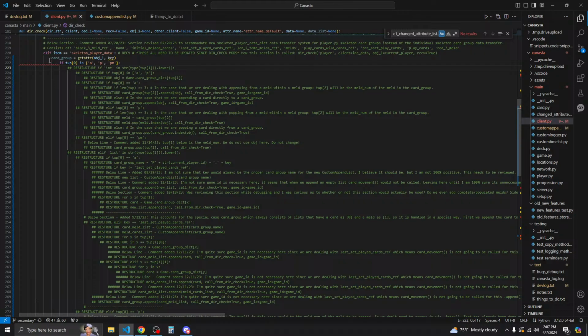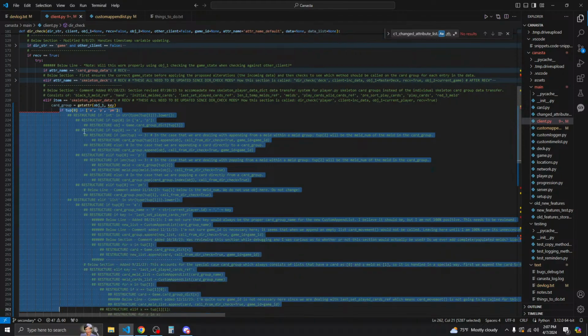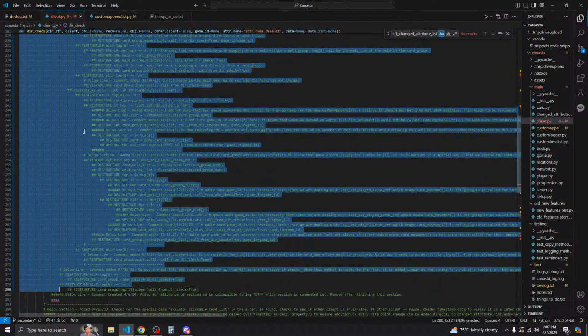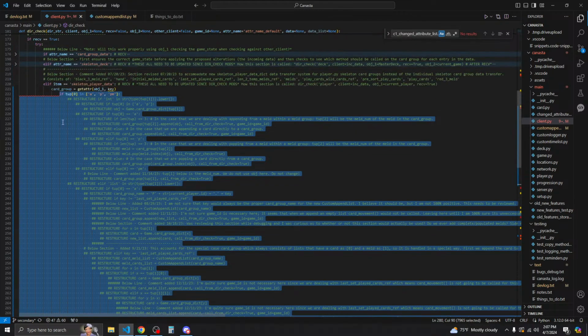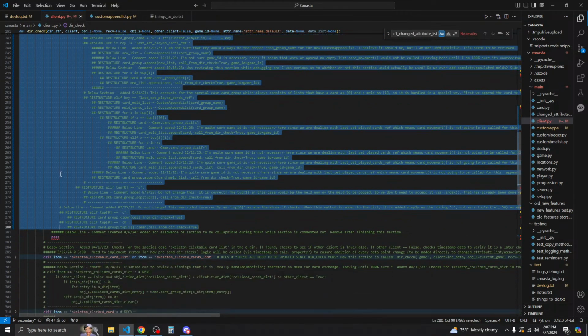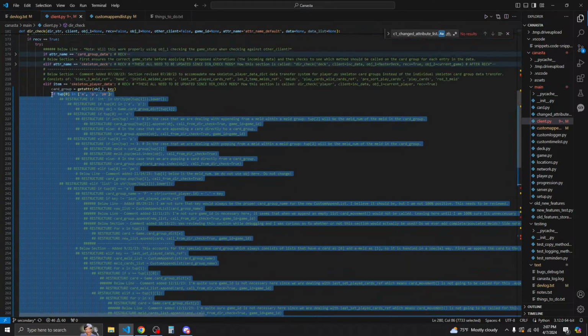Yep, okay. So now we say card group is equal to get adder object 1 key, but we're gonna also unindent this. Okay, so now this is on the same level.